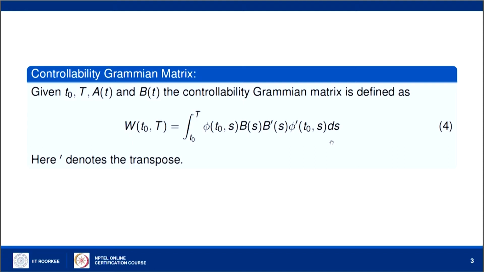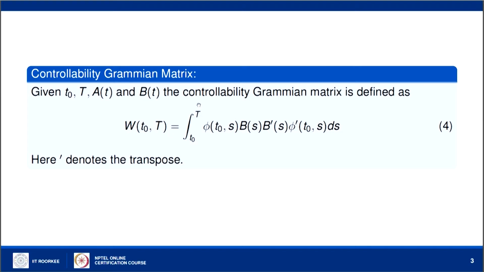This is an n cross n matrix, because phi is an n cross n matrix, B is n cross m, and all this product will give an n cross n matrix. After integrating each element of the n cross n matrix and putting the limits, we will get a constant matrix W(T0, T), that is called